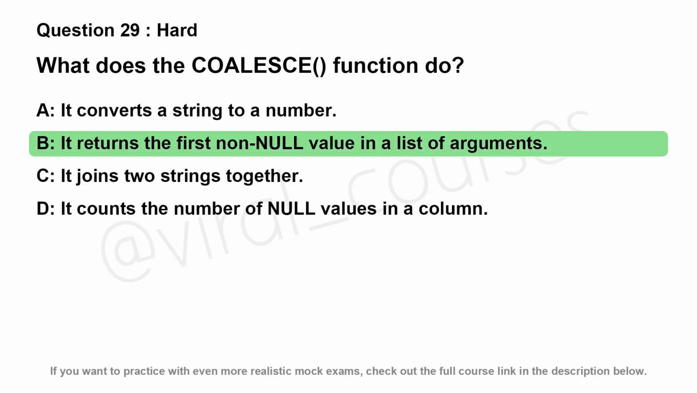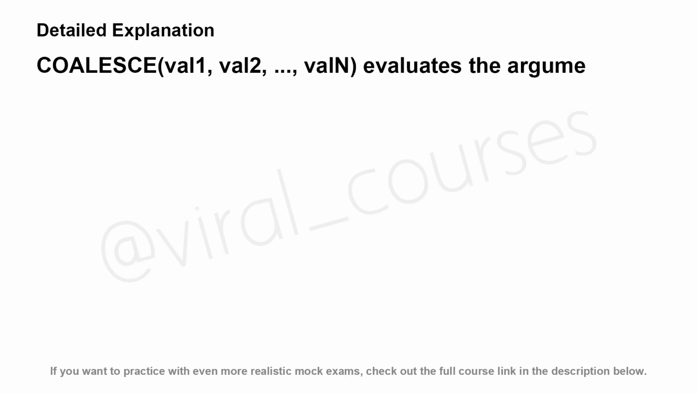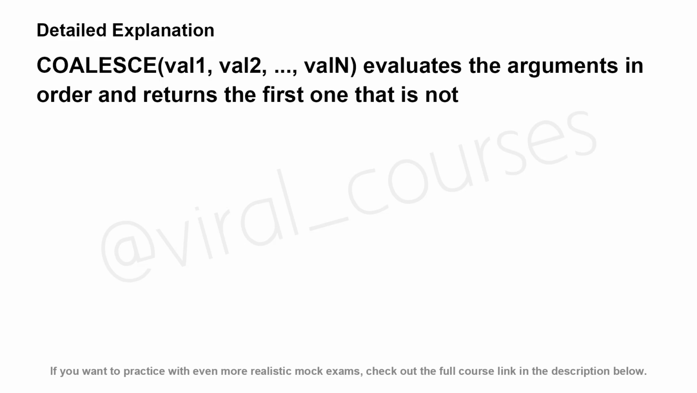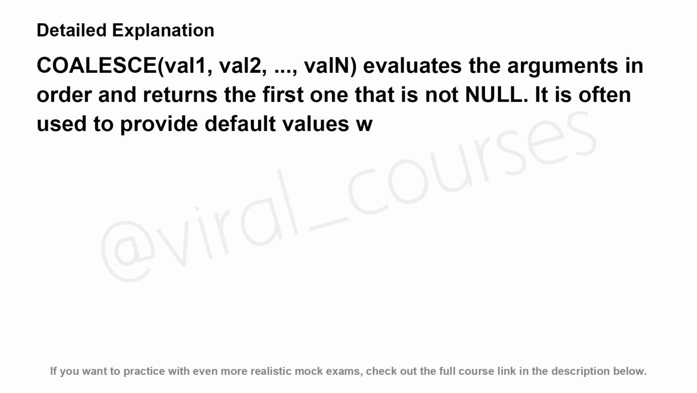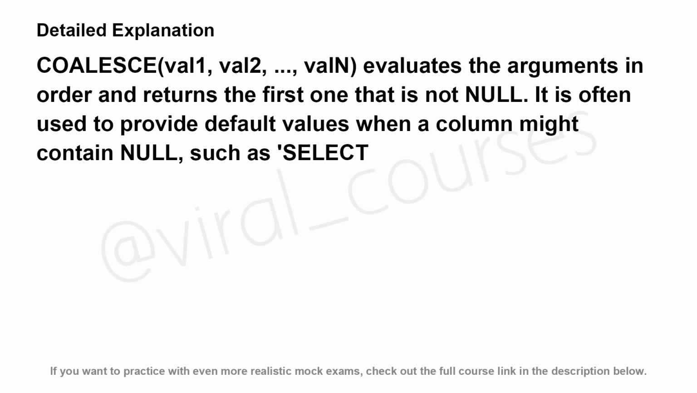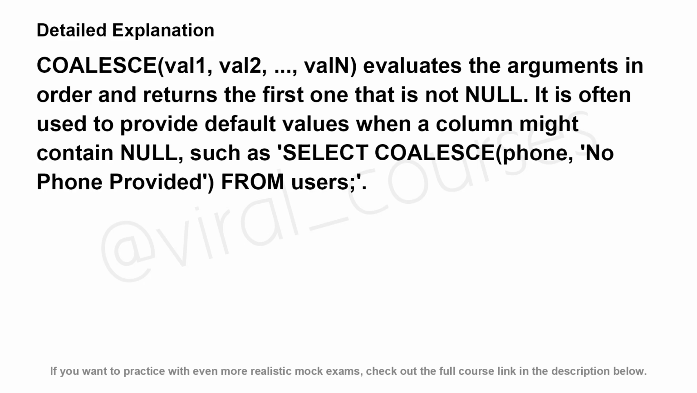The correct answer is B. COALESCE(val1, val2, ..., valN) evaluates the arguments in order and returns the first one that is not null. It is often used to provide default values when a column might contain null, such as SELECT COALESCE(phone, 'No phone provided') FROM users;